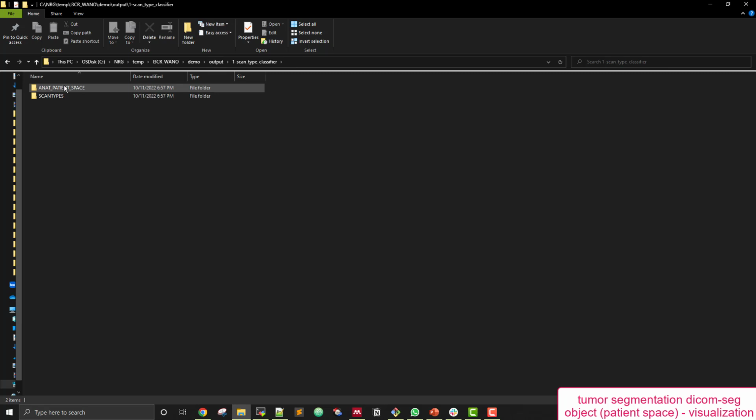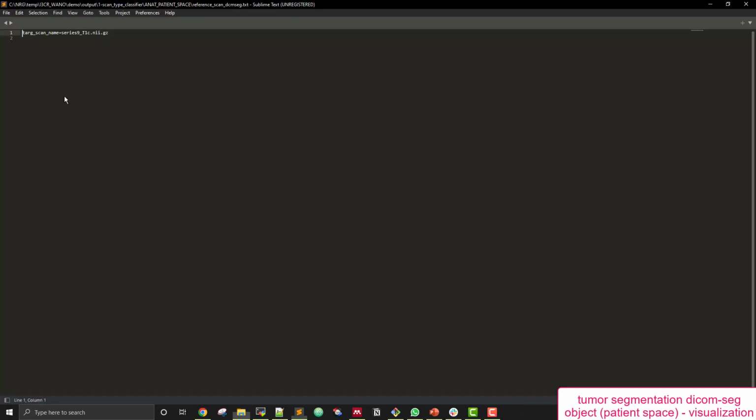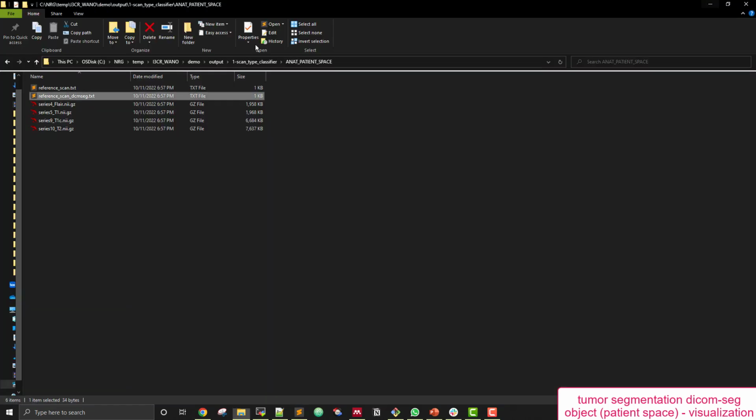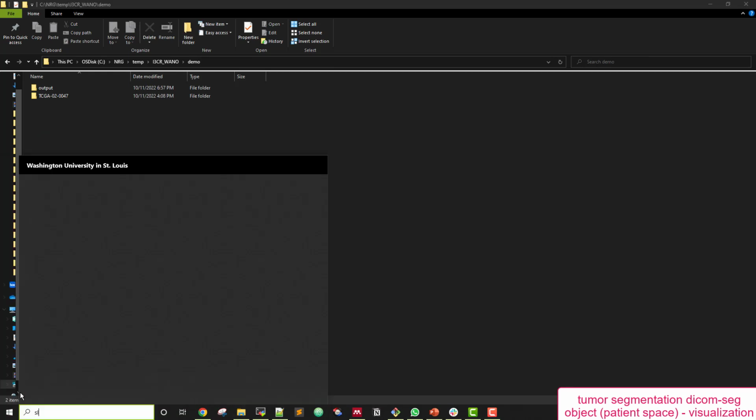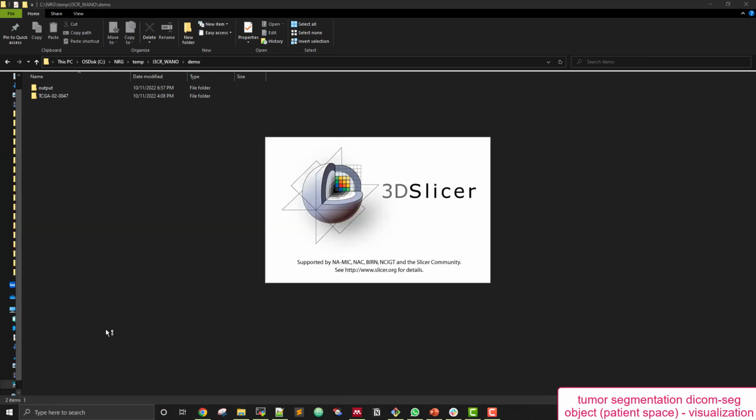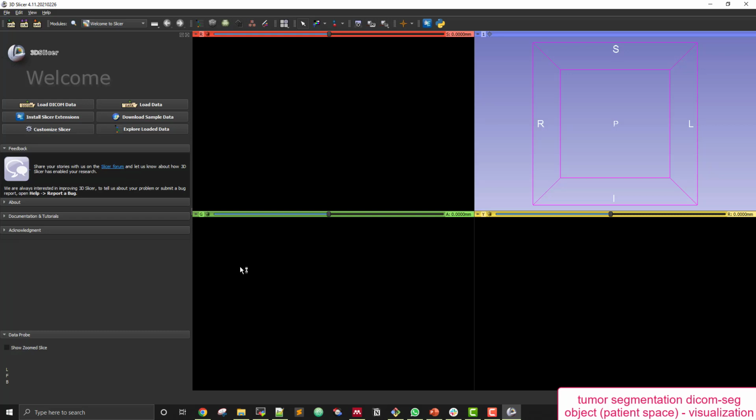And we can visualize this DICOM SEG object in the 3D Slicer tool. And so now we know that the target scan for this is the series 9 or the 9 scan. So what we do is we open up 3D Slicer. For visualizing this final DICOM segmentation object, we will need this reference scan and the object both.